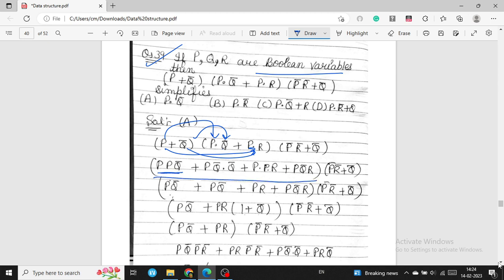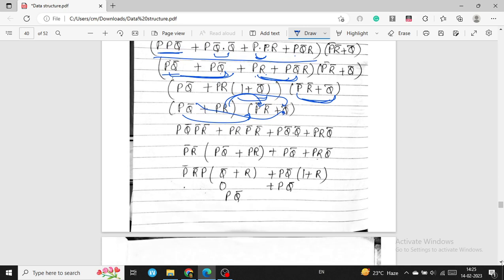When we solve it, we find P not Q, and we take common not Q. Here P, and here P not Q R. Then again we can take the common, that will be P not Q plus PR, and here we take PR common, 1 plus not Q will be equal to 1, and this will be written as it. After that we multiply all these values by the distributive method, and you can find